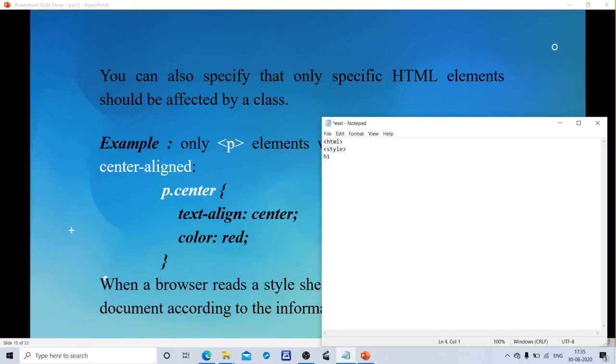Here our selector is h1, and the declaration block has the property name color, red, terminated and closed.